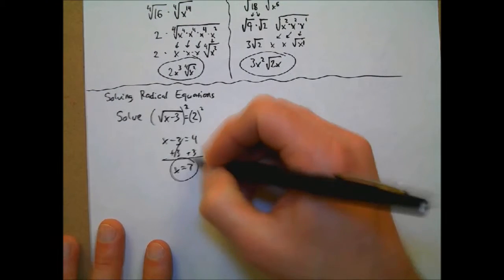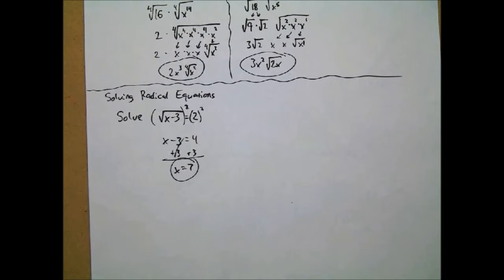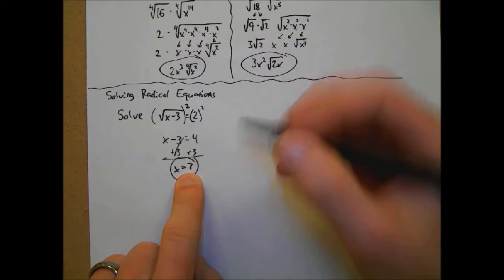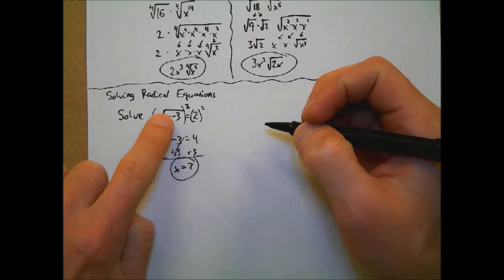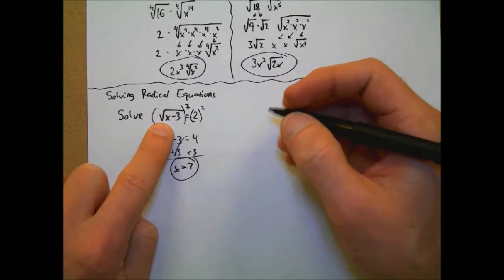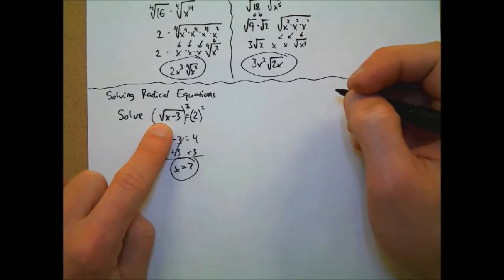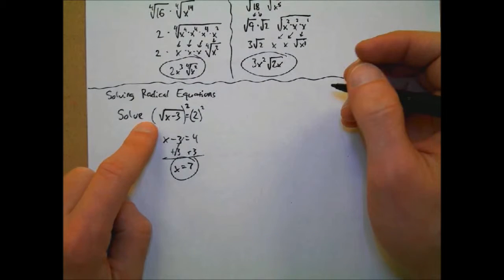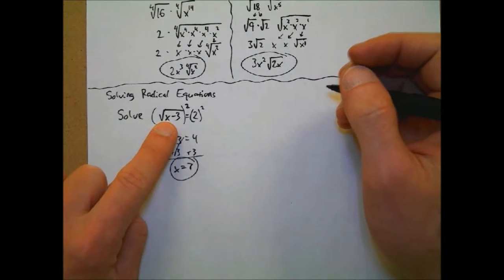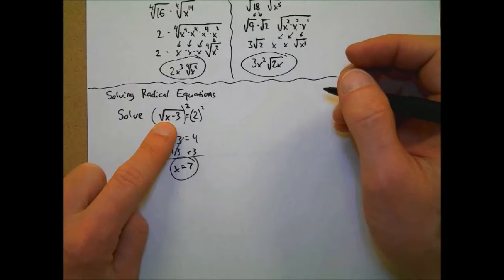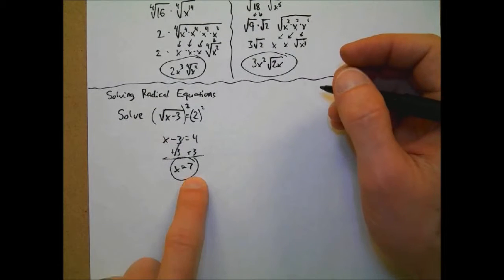Okay. Now we need to be careful here because in this unit we're trying to keep it real. So if I have an x value of 7, I've got to plug it back in to check. And you're probably told since we first started solving equations, you should always check your answers. And none of you check your answers. And that's fine, okay? But you can, and you need to here,